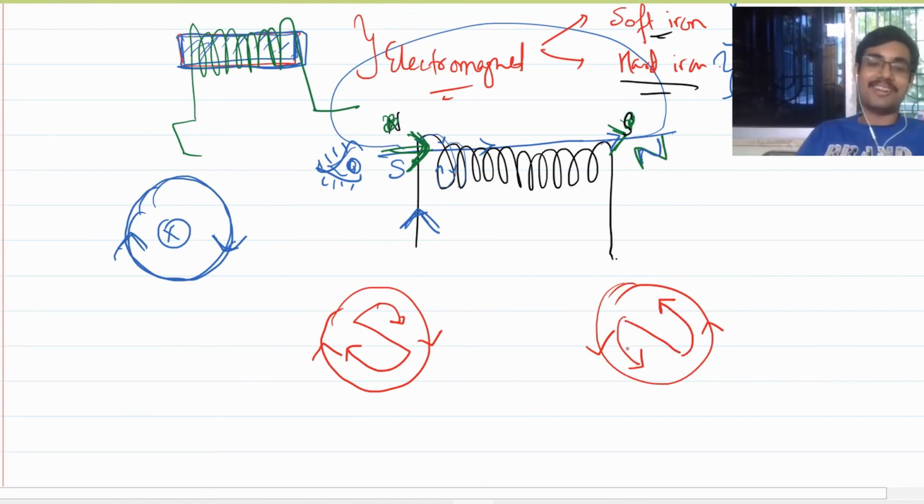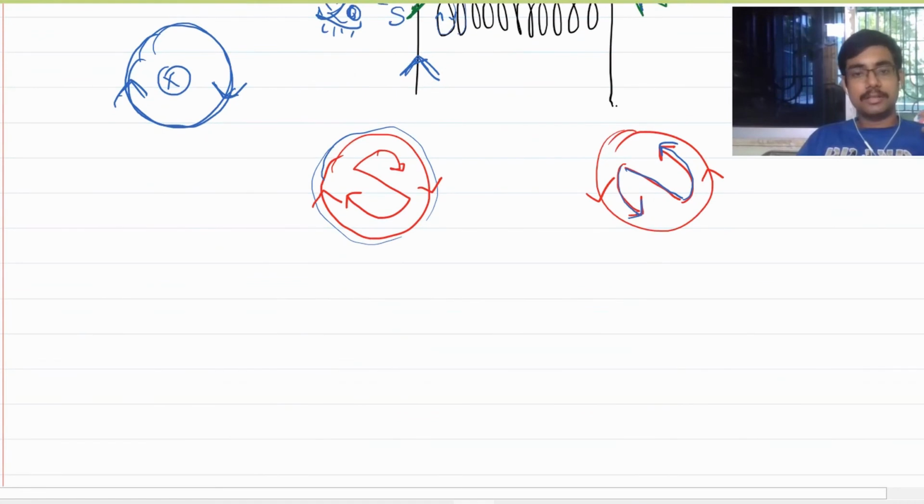This is just a small trick, nothing else. This is not a law, this is not a rule. This is a small trick which makes your job easier. Are you getting my point? So if the current you see is revolving clockwise in a loop, that pole will be the south pole. And if a current is moving anti-clockwise, it will be north. This is how you can remember it. Is that clear to everybody? This was all about a solenoid.